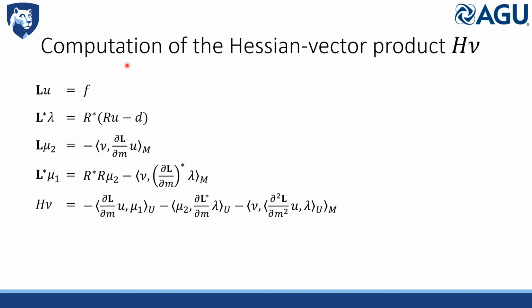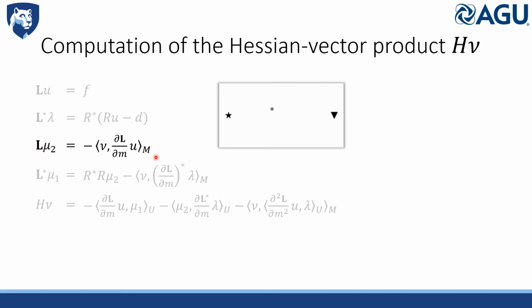Then let's move on to the second order adjoint state method to compute the Hessian vector product H nu for an arbitrary model space vector nu. To illustrate, we consider the case where nu has only one non-zero value that represents a velocity perturbation right here. Similarly, the computation of H nu can be formulated by 5 equations. The first two are the same simulations to get the forward wave field U and the adjoint wave field lambda.